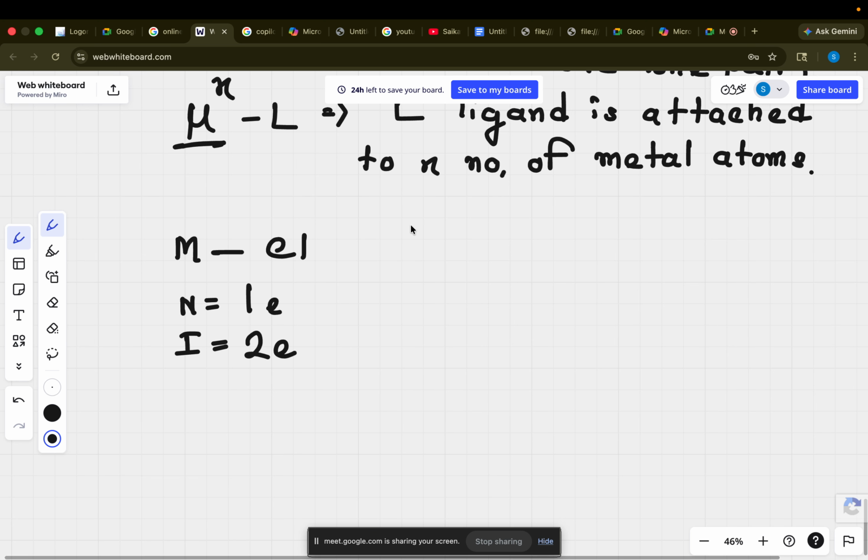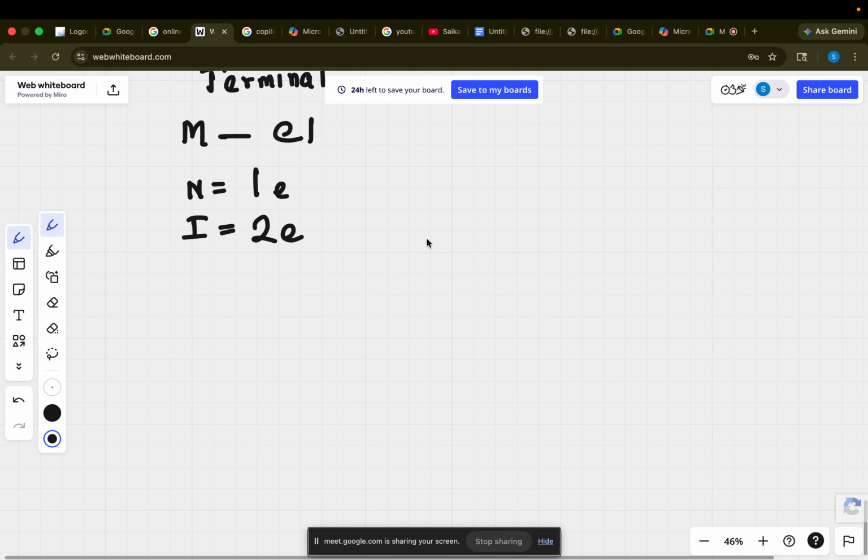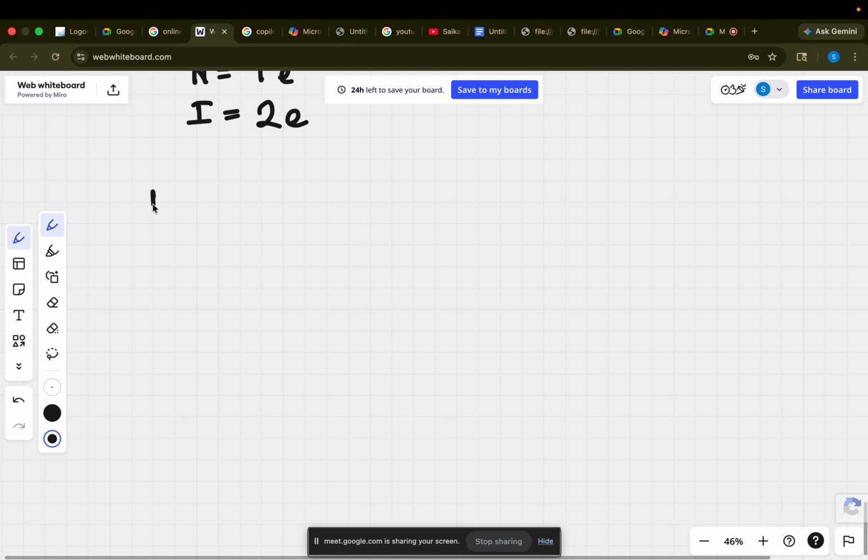So this is the example of your terminal ligand. Now see, this chlorine actually can bridge. So now I will write down one by one. You guys write down with me. This is actually a terminal ligand, I am not discussing the bridging yet. So now write down number 1, that you have to remember,